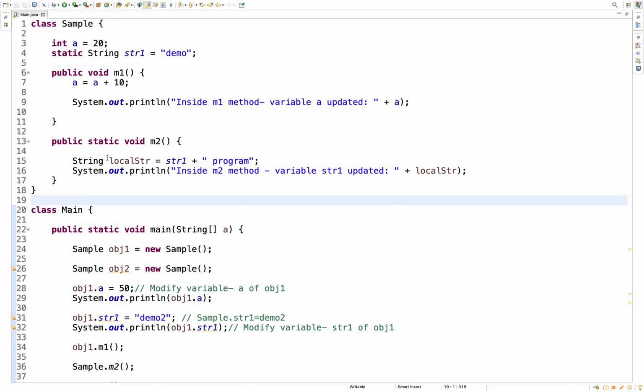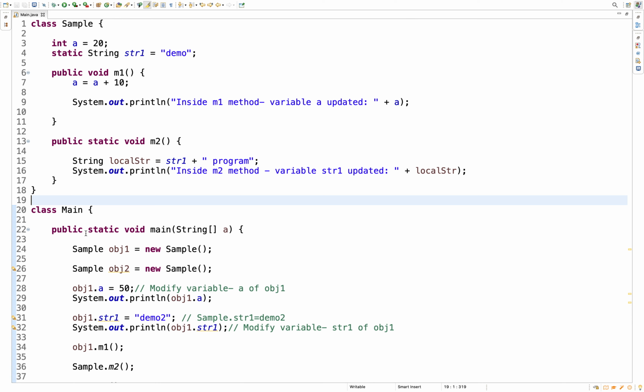So here our focus is to know how to create an object, and how to access these members, either the instance variable or instance method, or the static variable or static method. We'll also see how these objects are created and how they initialize these variable values. That discussion is there, we'll keep it for the end.